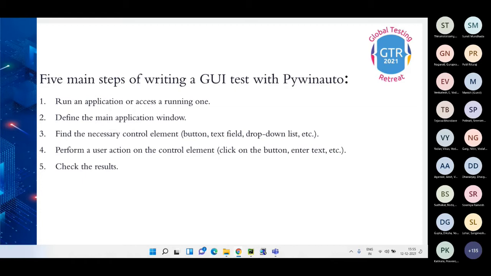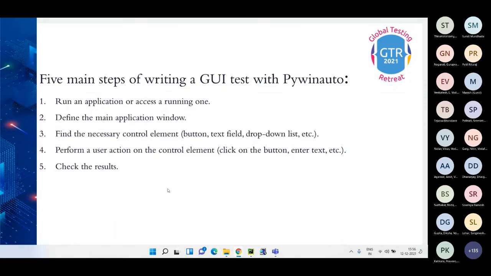Each of these components has a unique identification. So we identify those components, like we do with Selenium. We inspect them using tools like Spy or the Inspect tool from the Windows SDK, and we have another tool called UI Spy also. There's also one inbuilt PyWinAuto method called print_control_identifiers, with which we can get all the modules inside that particular application. I'll show it in more detail in the coming slides and demo.